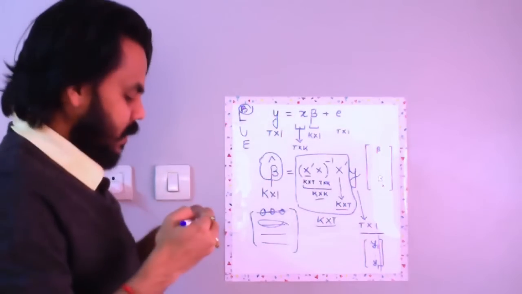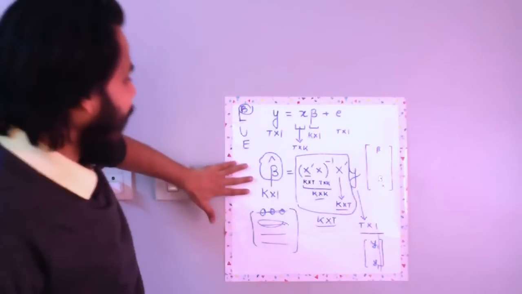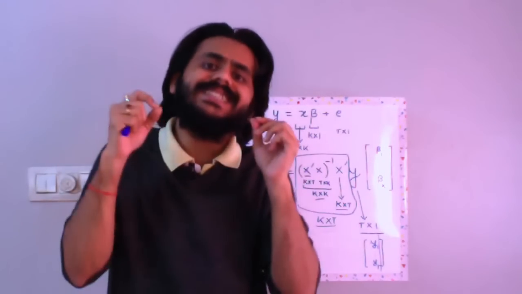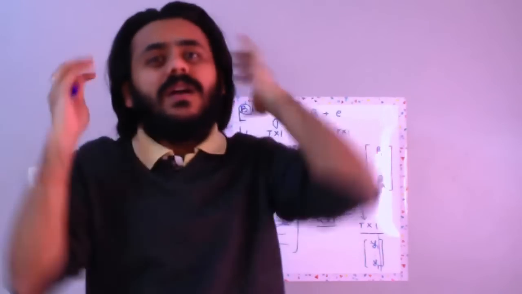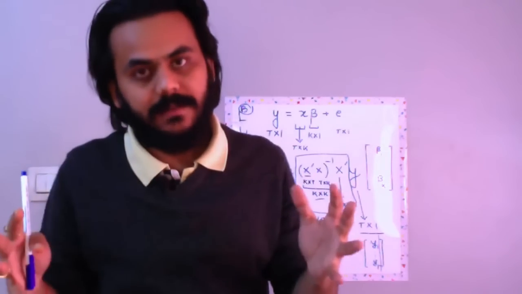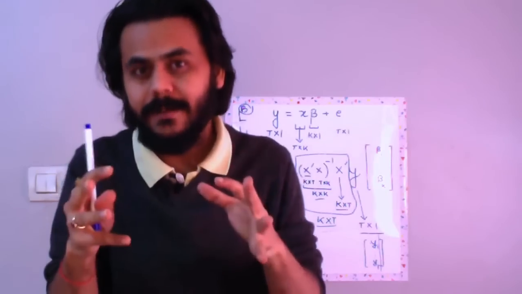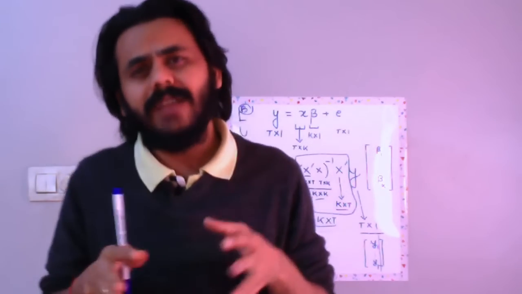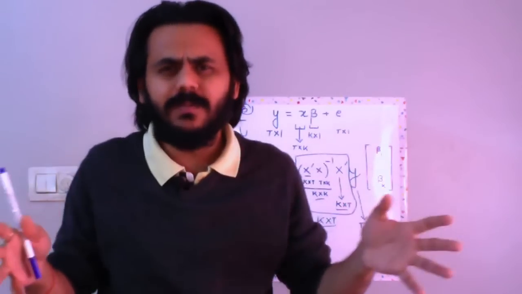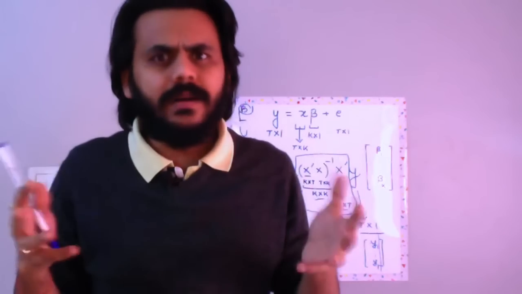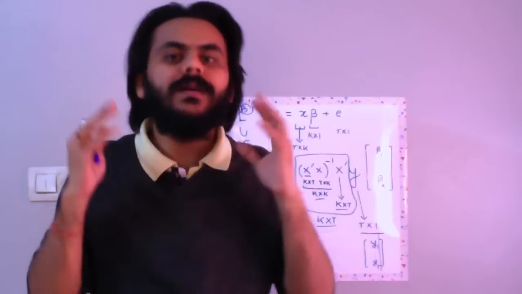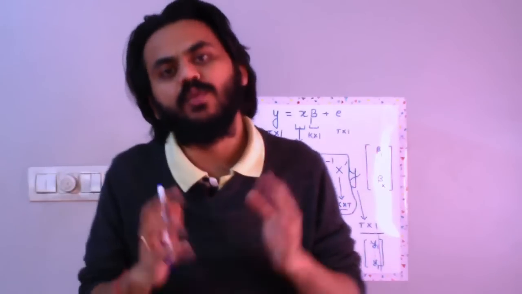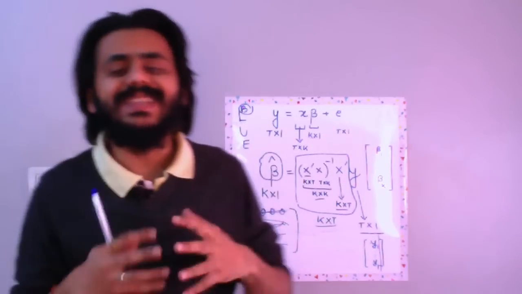How is it best? There's a theorem that beta hat has the least variance among the class of linear unbiased estimators. This means that if you take any linear estimator and it is unbiased, it won't have a lesser variance than beta hat. I won't get into the proof of that because it won't help us in solving further problems or any conceptual hurdles, so I will relegate that to your self-study. Look up any book on econometrics and you'll find a proof of why beta hat is BLUE, the best linear unbiased estimator.